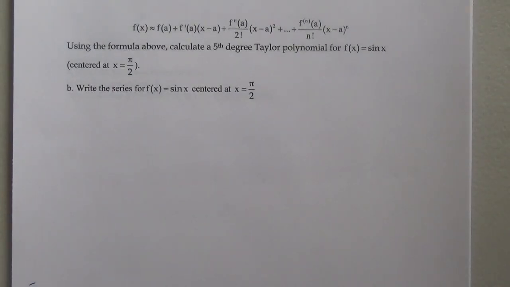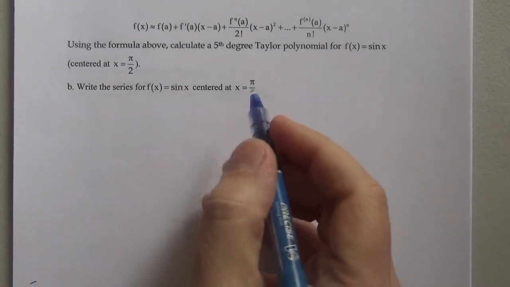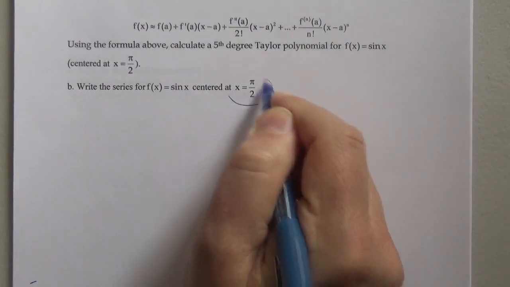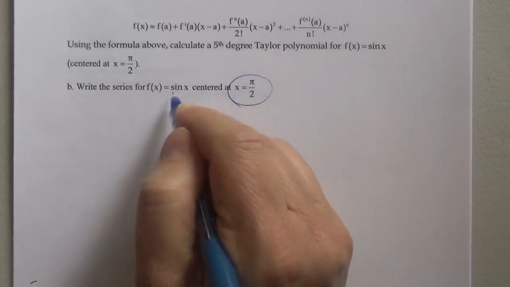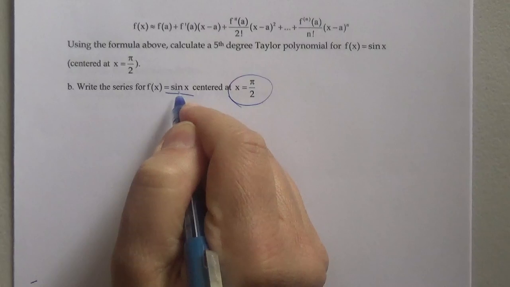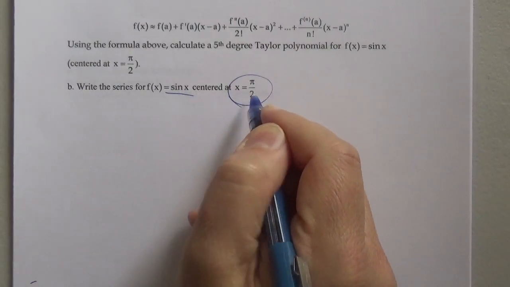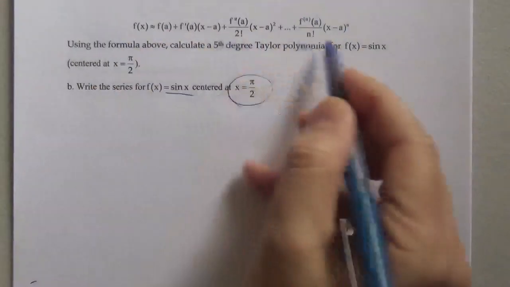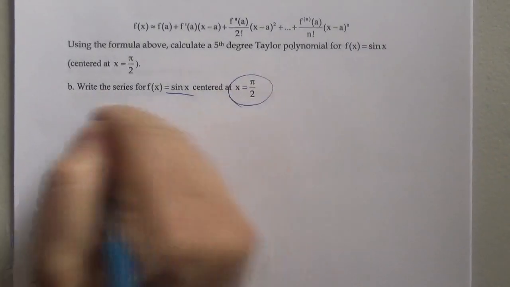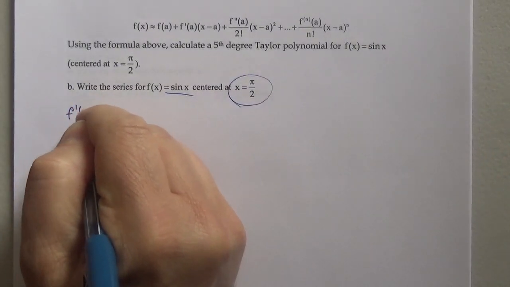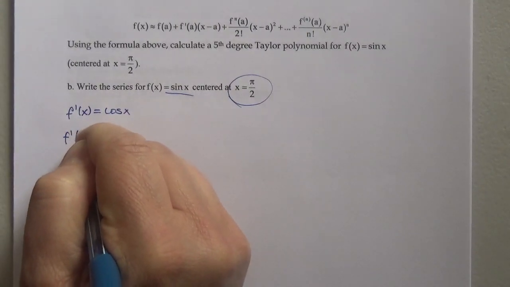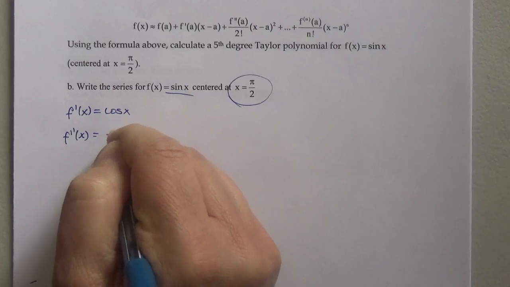Okay, so we have another one. This one's a true Taylor polynomial because this time we're not centered at 0, we're centered at x equals pi over 2 for the function sine of x. So we just have to find a bunch of derivatives, plug in pi over 2, and then use the Taylor polynomial formula. So we have f prime of x is the cosine of x,